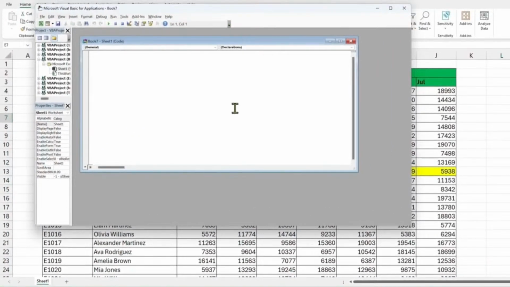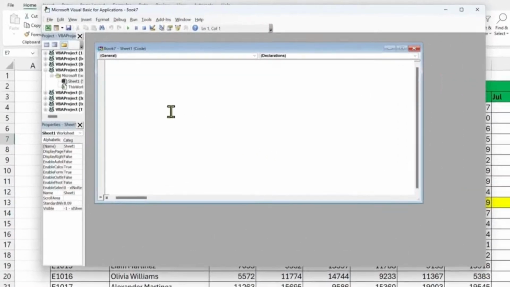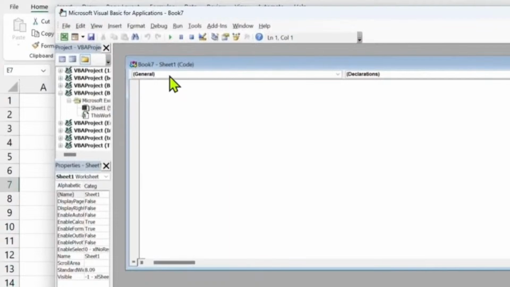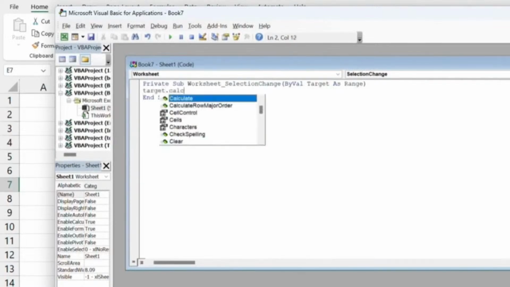जब कोड एडिटर खुले तो अगर यह आपको थोड़ा डरावना लगे तो चिंता ना करें, यह आपके विचार से कहीं ज्यादा आसान है। अगर एडिटर में सही वर्कशीट पहले से नहीं खुली है तो वर्कशीट चुनने के लिए सबसे ऊपर दिए गए ड्रॉप डाउन का इस्तेमाल करें। अब प्राइवेट सब और एंड सब वाली लाइंस के बीच एक सिंपल लाइन लिखें, टारगेट डॉट कैलकुलेट।